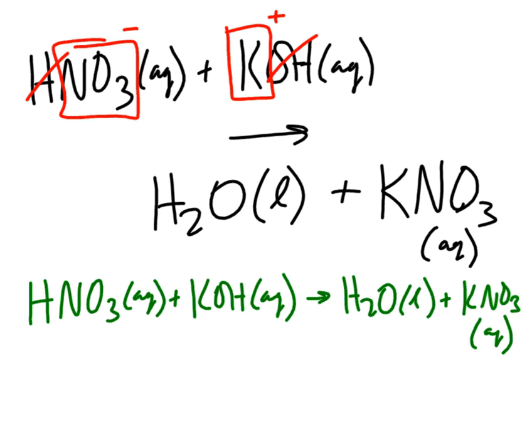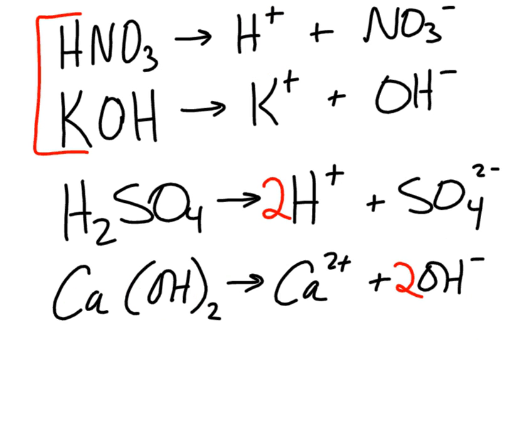Now, of course, if I wanted to write a net ionic equation for this, I could, but I'm not going to require that of you right now. But remember, you would follow the same rules. If I want to write a net ionic equation, I would ionize this, I would ionize this, this is not something I can ionize, I would ionize that, and then I'd cancel out my spectator ions. That's not what tomorrow's worksheet is about, but you guys use the logic you did last week and figure it out. Aqueous things can be ionized, right? So move on to the next one, and let's go ahead and do